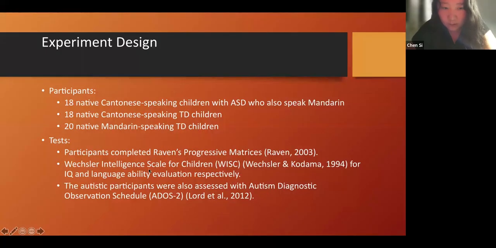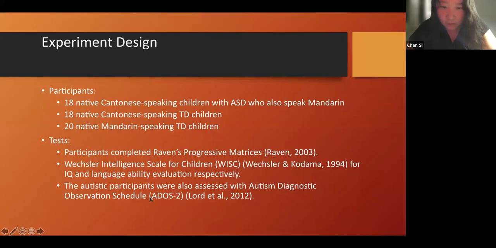So one of the challenging things is that we don't really have a usable language test in Mandarin, so we try to follow the literature. I think one of our colleagues is actually developing the language test, so hopefully we will have a language test in the future.